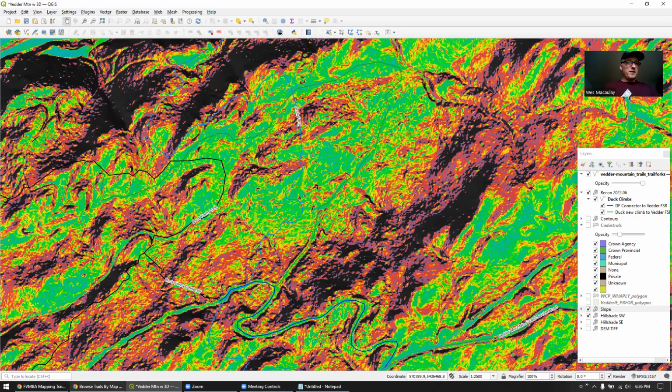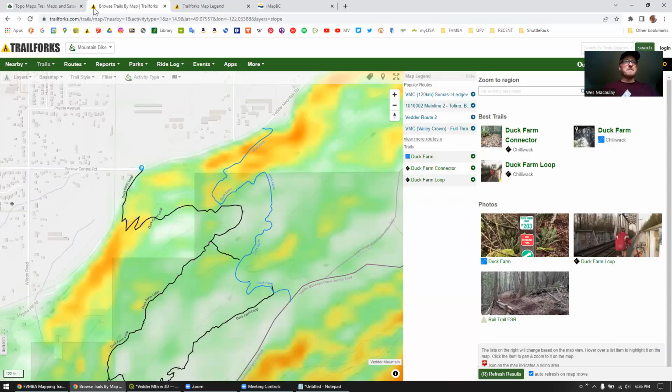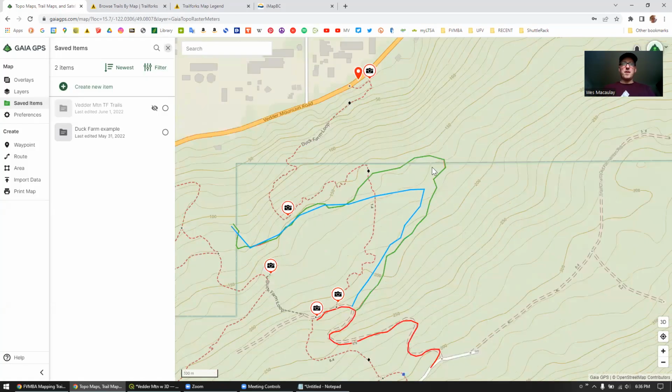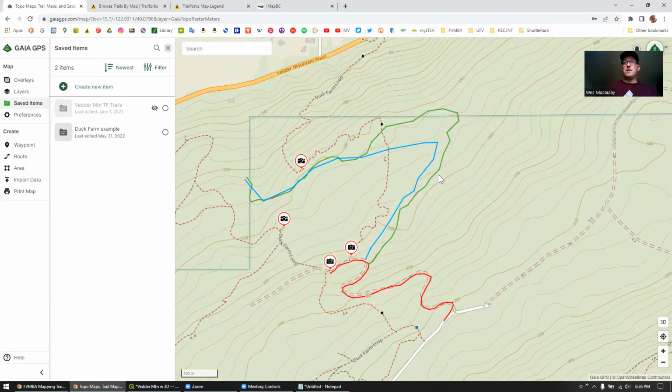All right, so let's go back to Gaia here. This green line that you see on my screen is the route that I imported, which I'm going to hike during a recon just to see how possible it would be to put a trail in along those lines. Now, even if you don't have the data from QGIS, you can still draw your own